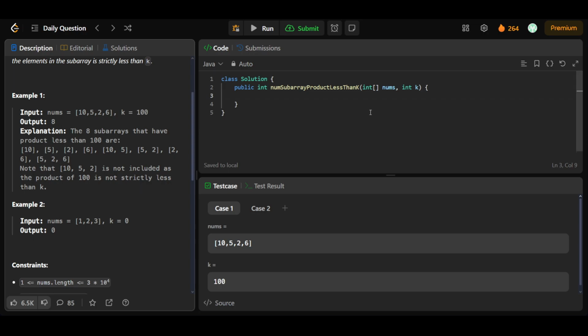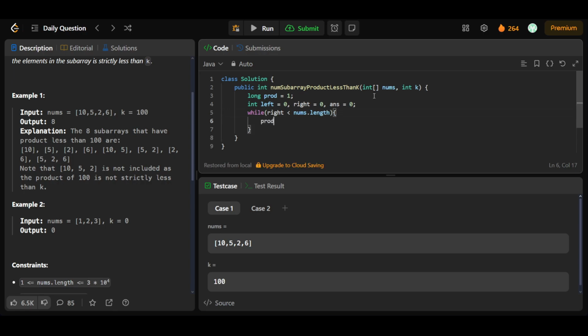Okay, so for this what we'll be doing, we'll be using a sliding window. So let's have some variables. A long for product, let's initialize it with 1, whereas we have 2 pointers, left equal to 0, my right will also be equal to 0, and the total number of subarrays, answer, will also currently be equal to 0. So now while right is less than nums.length,